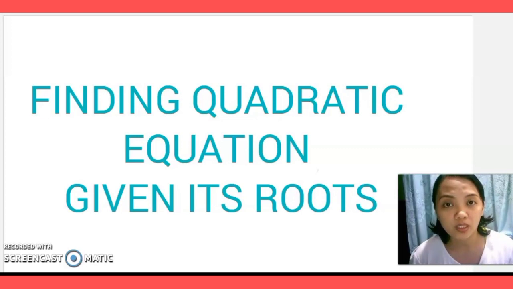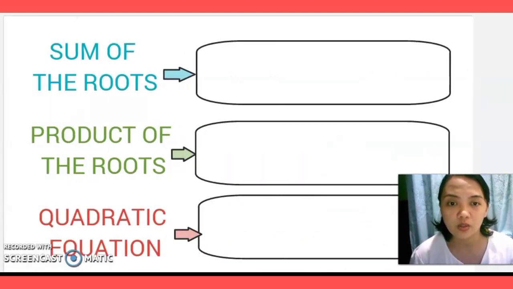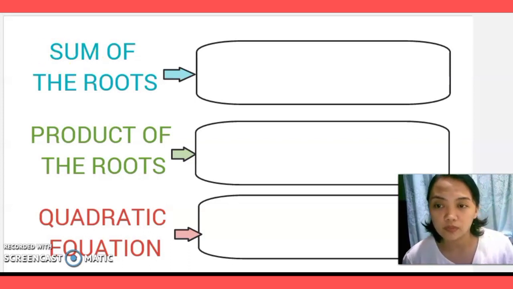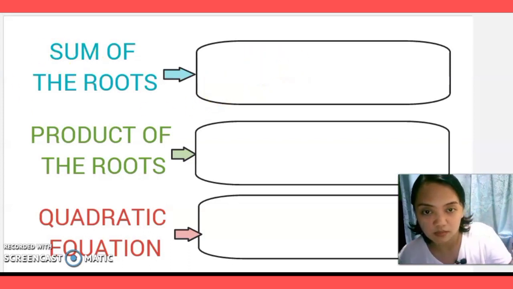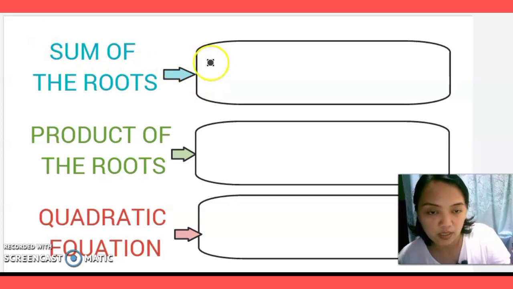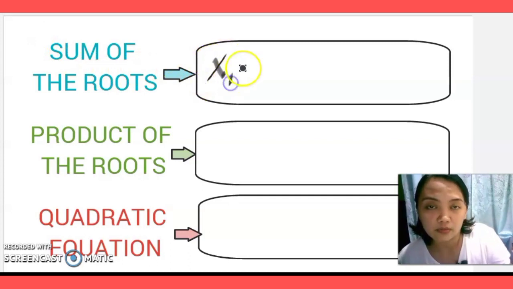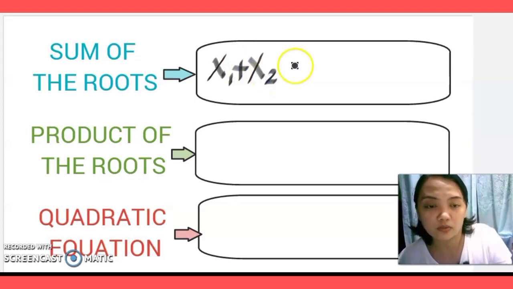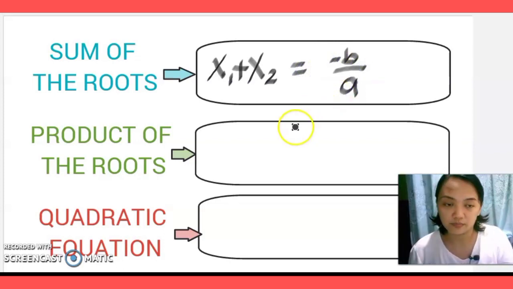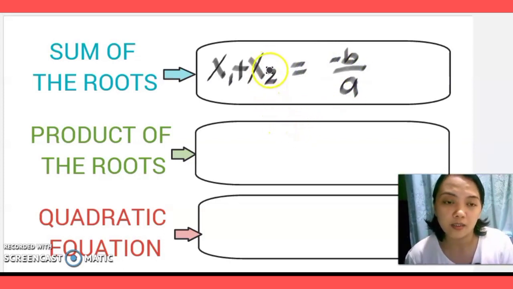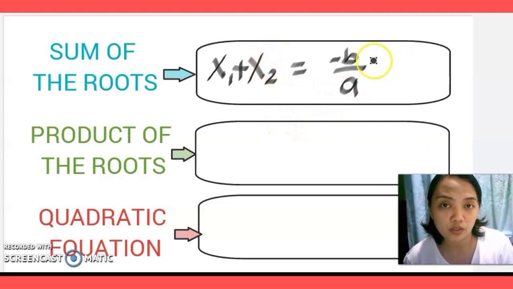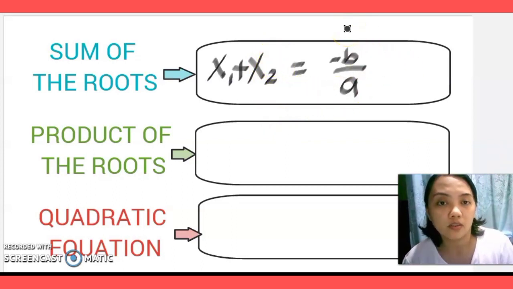So today, we are going to discuss finding a quadratic equation given its roots. As a review, let's have the sum of the roots. Sum of the roots means if we add the first root plus the second root, we will have negative b over a. Or should I say, yung middle term ng quadratic equation, baliktarin nyo lang yung sign, yun na yung magiging sum